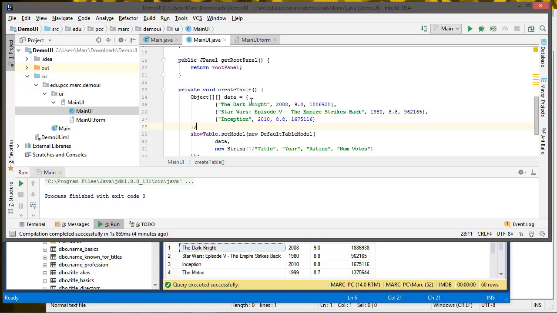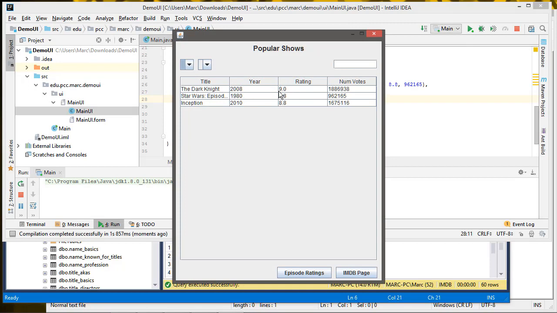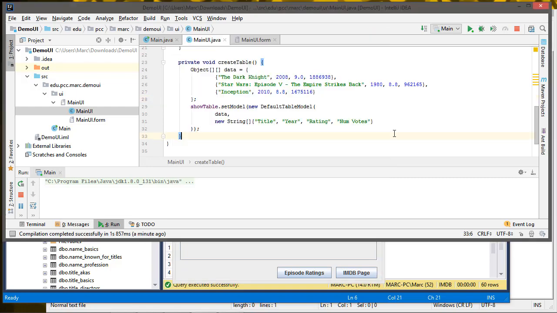Okay, so that's an array of arrays. And then if I go ahead and run the program now, so there's our data. Now, I can also adjust things like how the values are centered. So I want this to be left aligned, and I want these to be centered. And then I also want to adjust the column width so that title gets more space. And if I don't like the proportions here, I might want to adjust the size of this table as well. So let's go ahead and start with